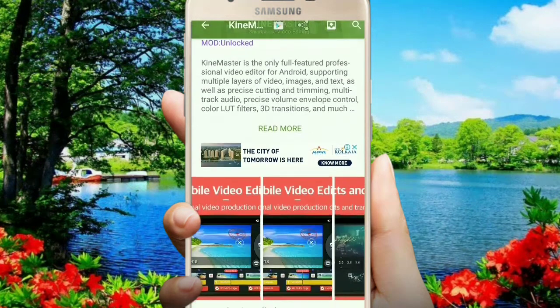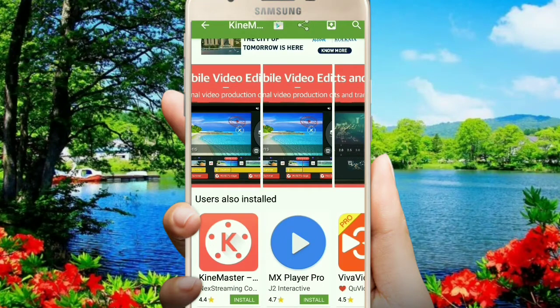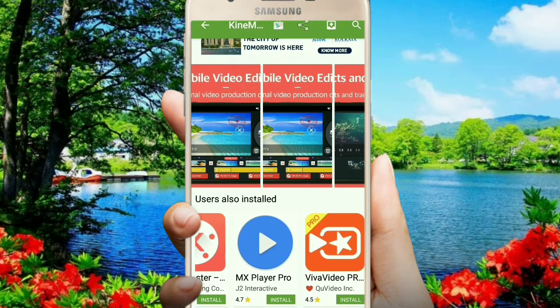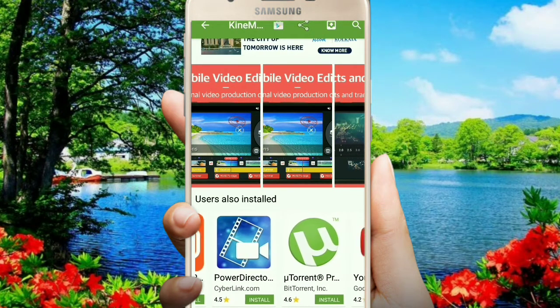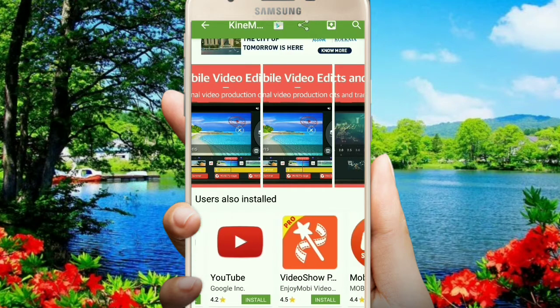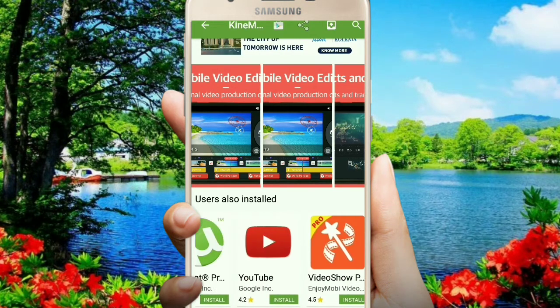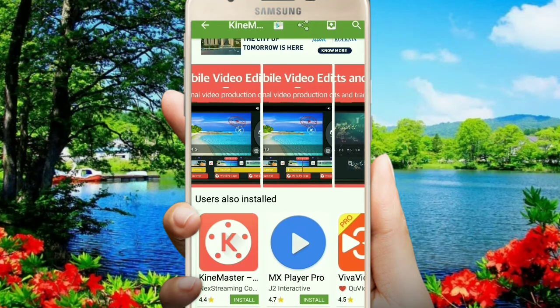Let me tell you about some other apps too. See here, KineMaster, MX Player Pro, Viva Pro, Power Director, uTorrent Pro, Video Show Pro. These are all paid or pro version apps, but over here in AC Market you will get them for